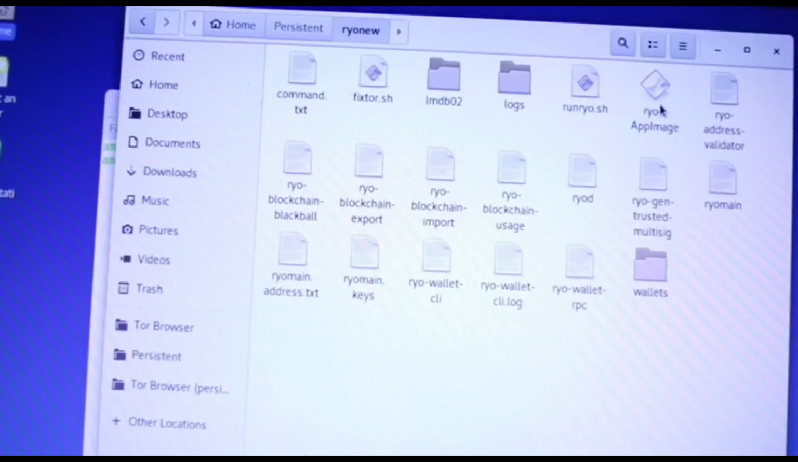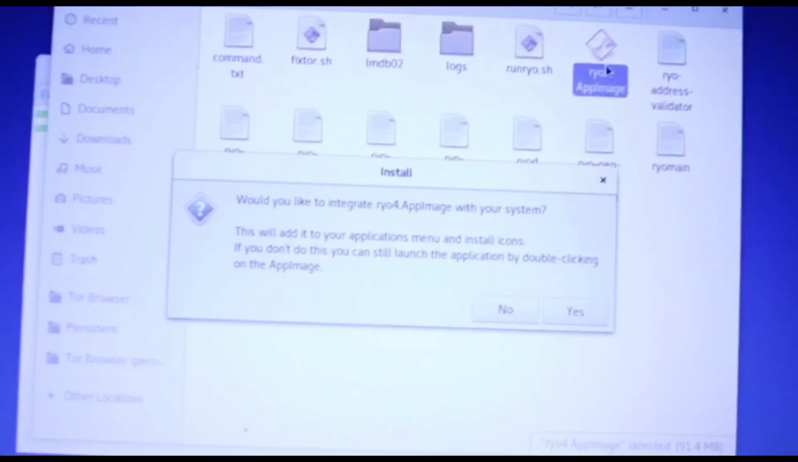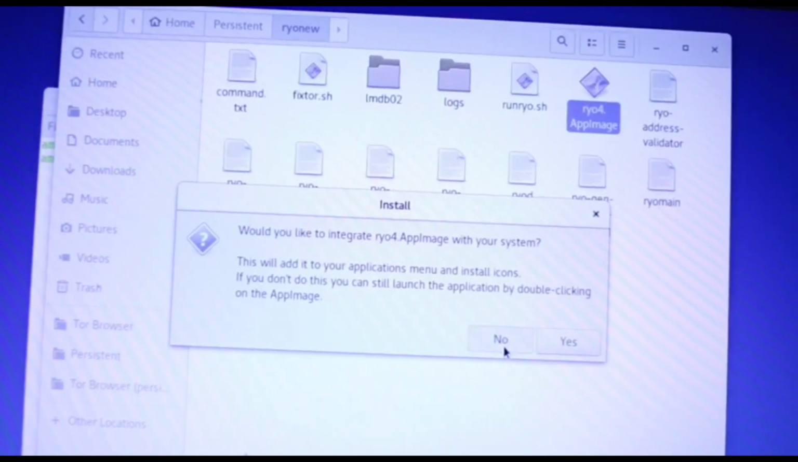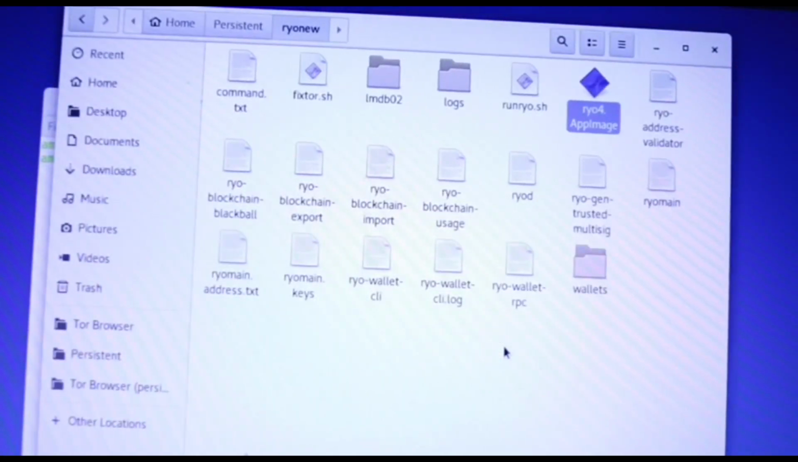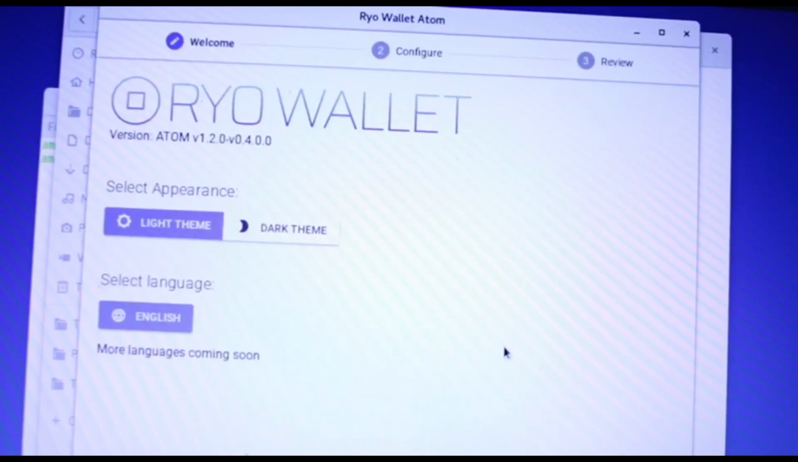The next thing you need to do is go to the RYO app image and double click that. Then we're going to hit no because we don't want to install it anywhere. We're going to hit no, and then as you can see here, it will open up. As you can see, there it is. So I'm going to click